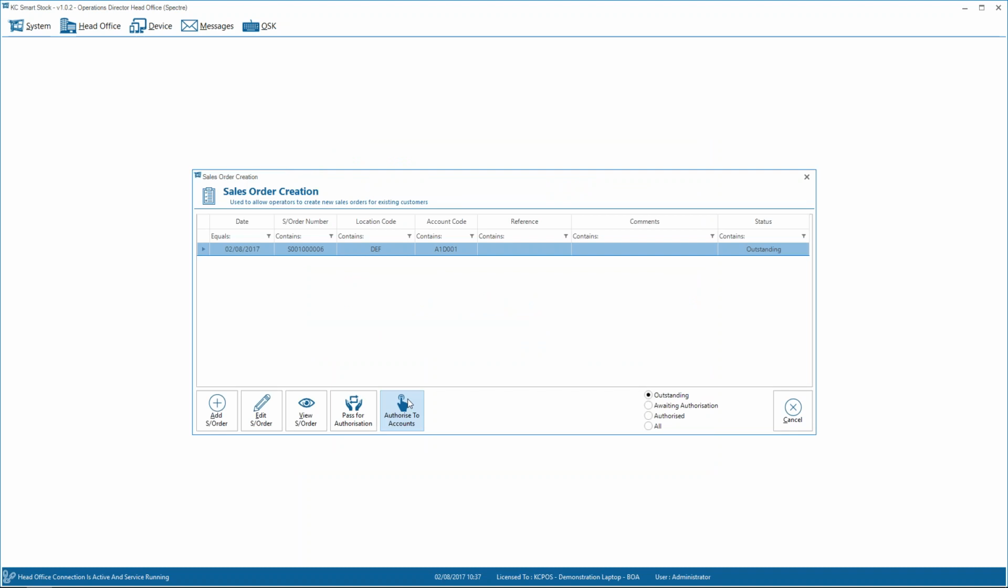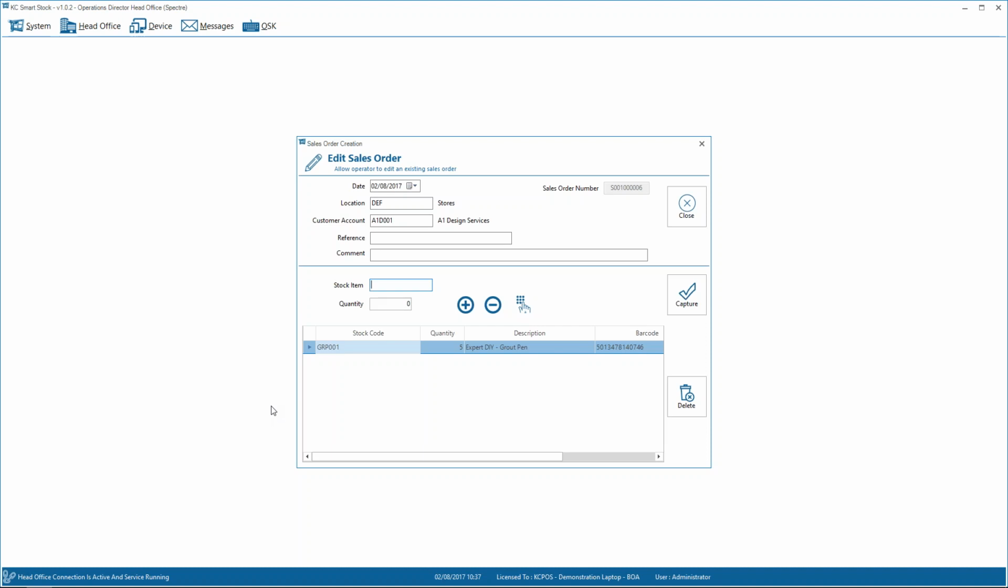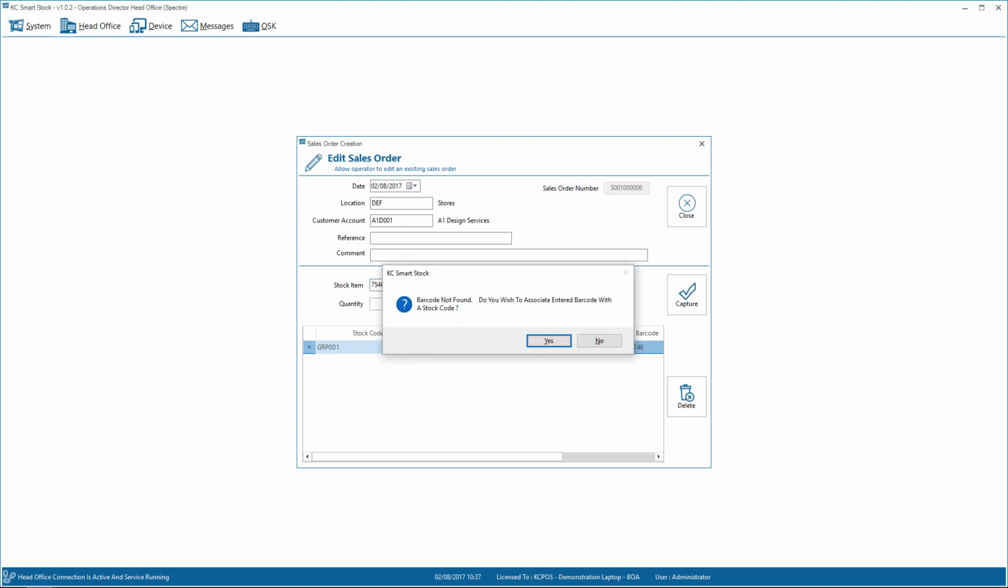Now, one thing I meant to cover earlier, which I forgot to cover, was that at any of the points throughout the system, whenever we're on the actual stock item screen, and as long as you've got security permissions to do so, you're able to scan a barcode from an item, but if that barcode doesn't exist, the system then allows us the ability to automatically associate that barcode with a stock item